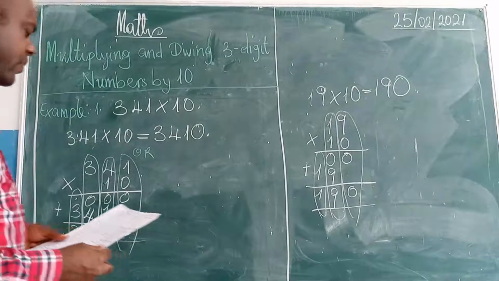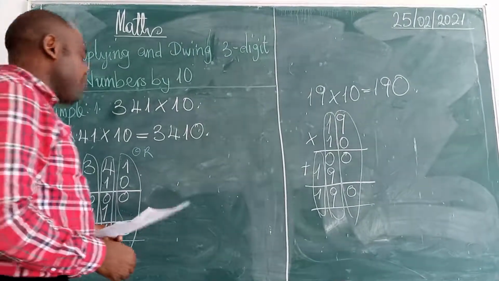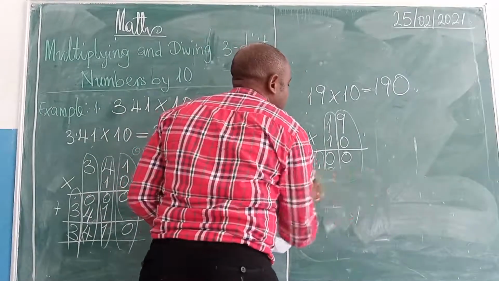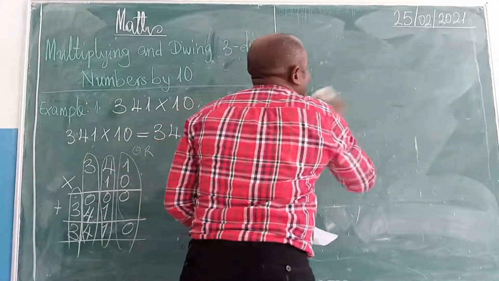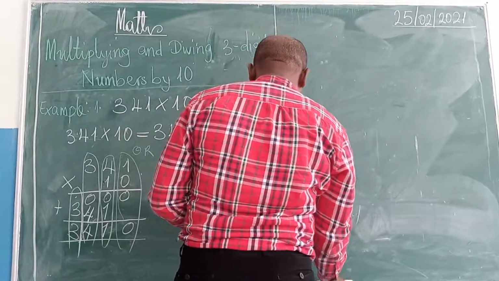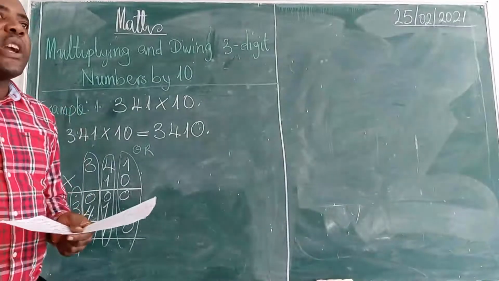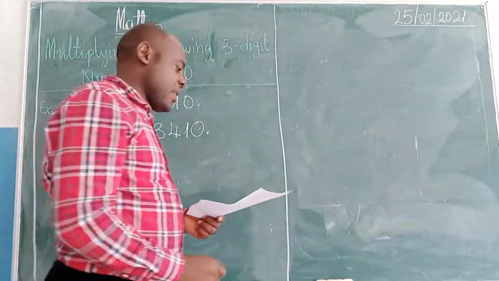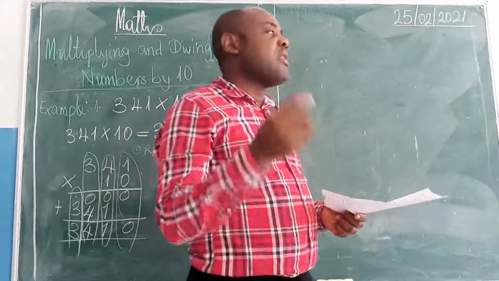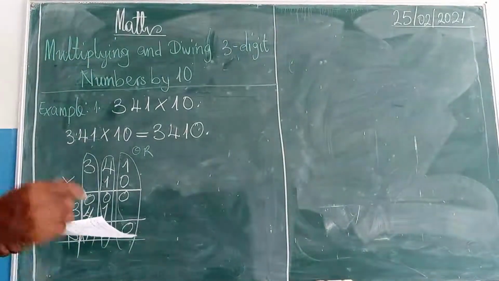Okay, so we now continue. When you multiply a number by 10, it means that each figure in that number is 10 times bigger than what it was before. I will explain. Each figure in that number will be